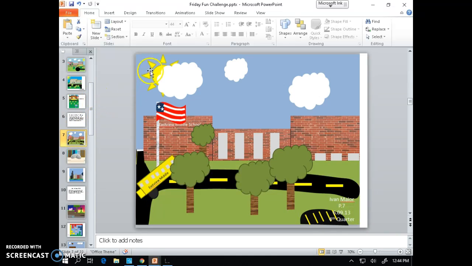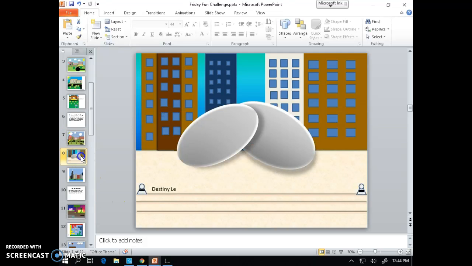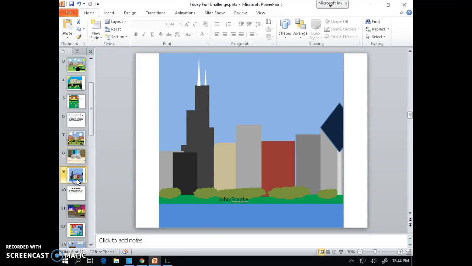For example, here's a student who chose to do Eastview Middle School. Here's another student with their Chicago picture of the bean. Here's another Chicago one that was really cool. And then I'm going to stop with samples there because I really want you to come up with your own,